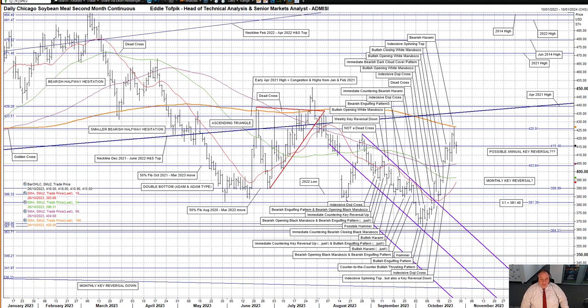Now, there was no weekly key reversal up here 2 weeks ago, as we saw in soybeans, but that did not mean it was immune from the effects of what happened in soybeans. No. We saw this when prices punched up through the upper tine, currently at 370.60, of the bearish shift pitchfork. The market consolidated at the start of last week, but has since moved higher, overcoming the first three overhead resistances